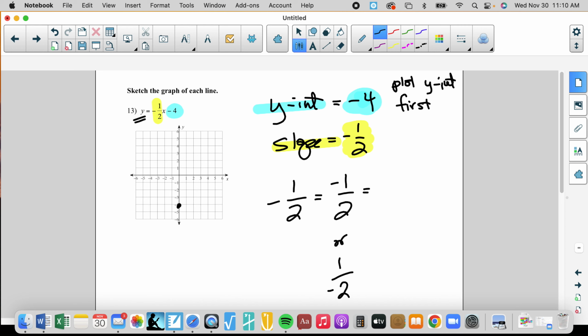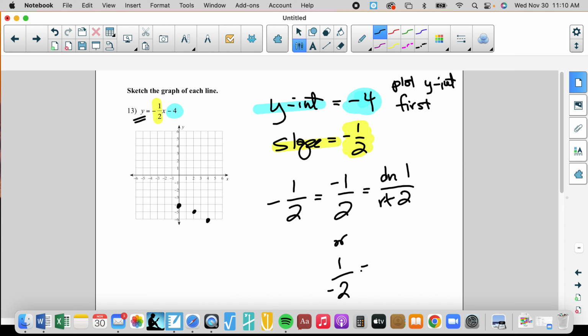So in slope terms, negative 1 would be up, down. So negative is down, down 1, and the denominator 2 is the run, left, right. So positive 2 is right. So I can go down 1, right 2, down 1, right 2, or that's my